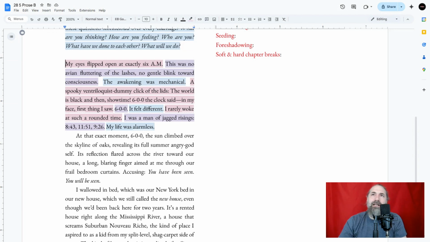But if you look, I like coloring it so we can see the sentence lengths. As you can see, this is a nice long one, followed by a kind of short one, followed by a really long one, followed by a real quick "6 o'clock" to emphasize. Pretty short one: "I rarely woke up." So do you see how the sentence lengths create the rhythm, the movement?